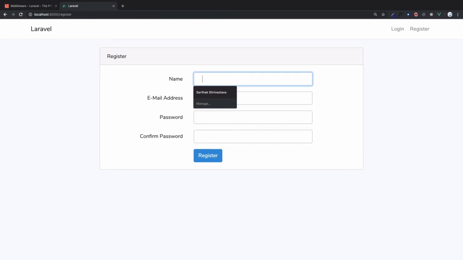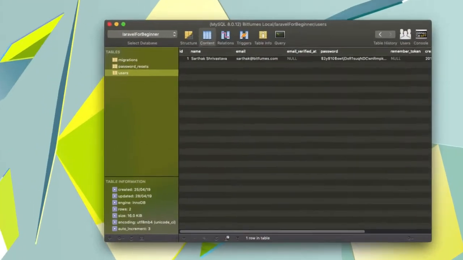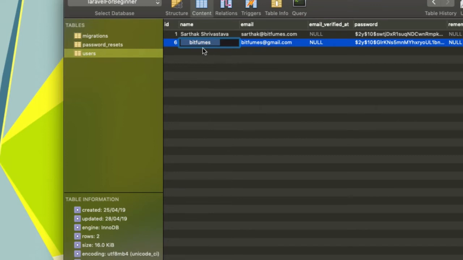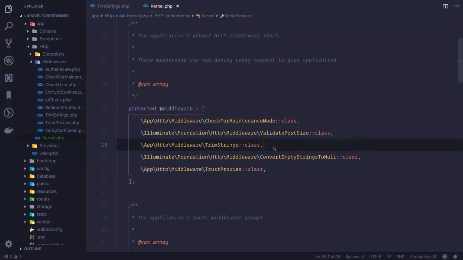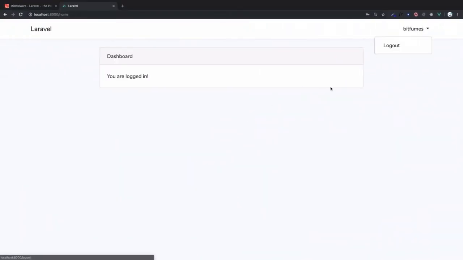I think you guessed it right, because now I have not given trim string here. So all these spaces will also be counted and saved. If I refresh, you can clearly see that this string is not trimmed, having spaces here and having spaces at the last. So this trim string middleware is very important because we don't want white spaces, or simply spaces, to be submitted to our database, because those are unnecessary things. So the initial and the final white space or spaces are going to be trimmed,